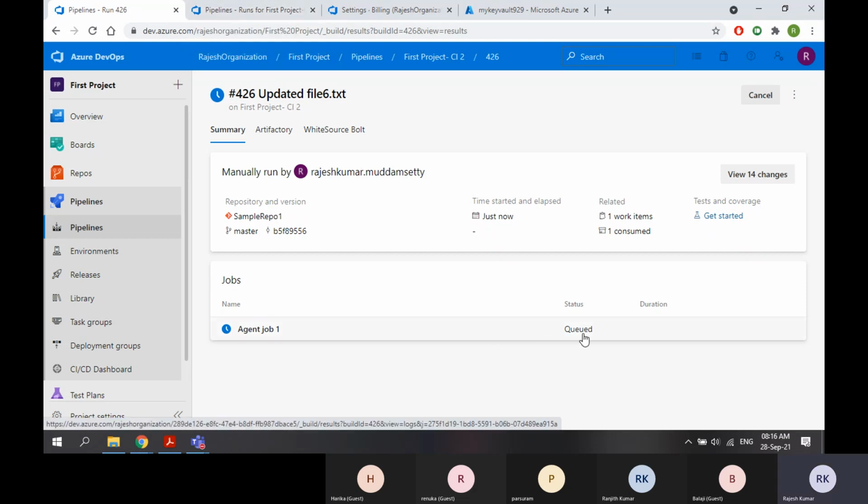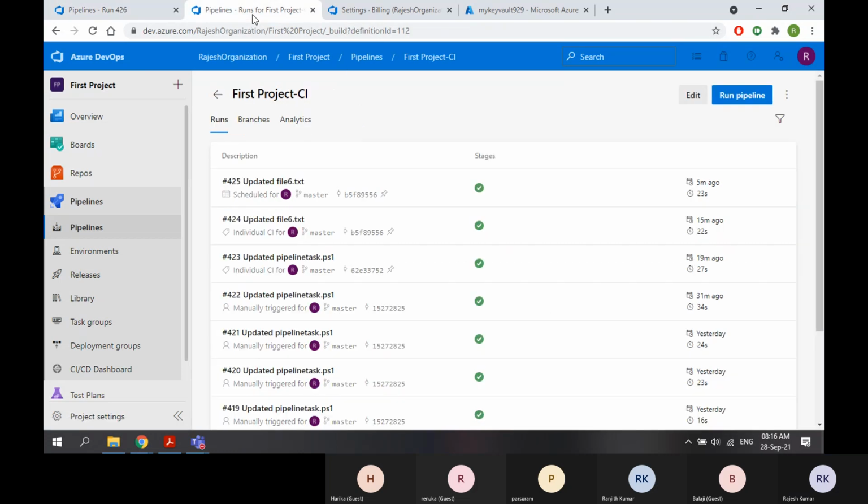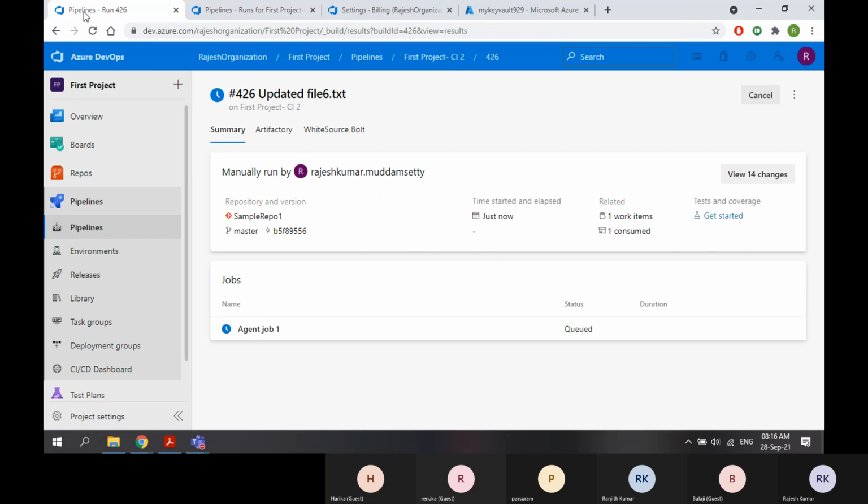Some queued status. Queued. Taking more than expected. Let's see. Oh, yeah, it started. So the time started.